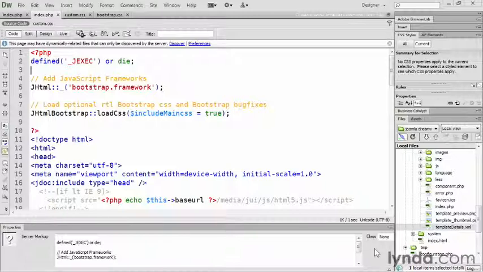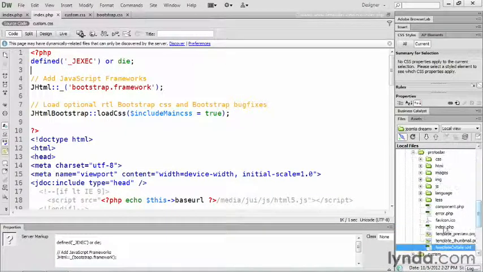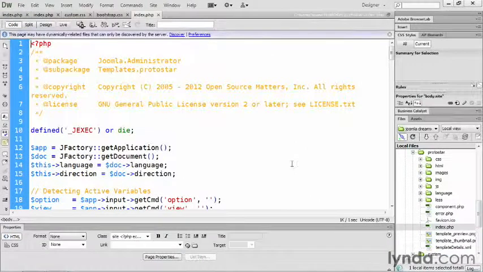Right now, we are collecting information inside of our template style, but the index.php is not doing anything with it because we haven't told it to do anything with the information that it's got. So that is the next step. And fortunately, Protostar is once again a great place to go to find the code that we need to make this happen. So if you go to the Protostar template and you open up the Protostar index.php file, up here